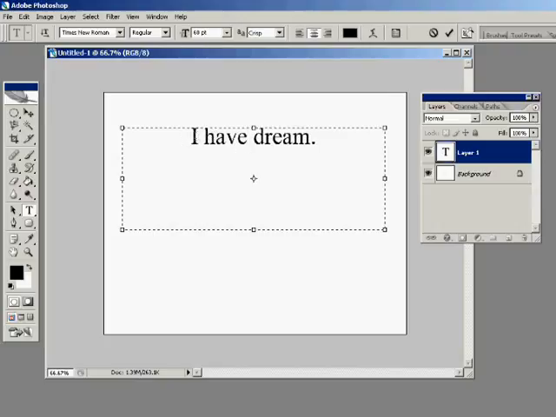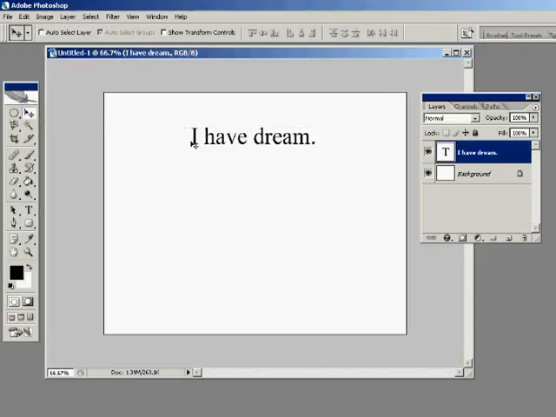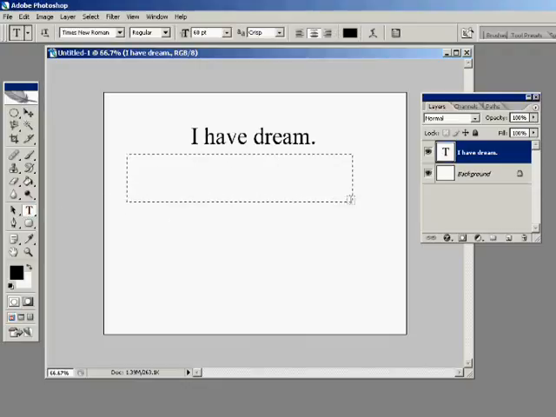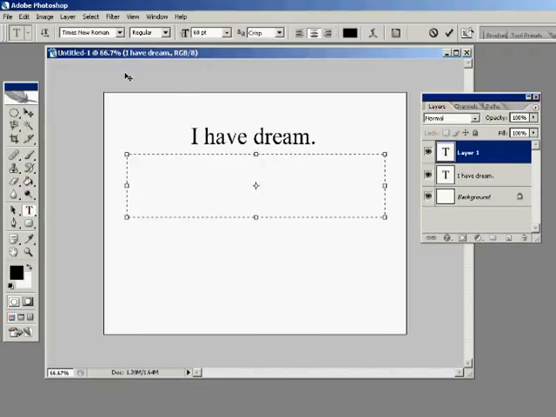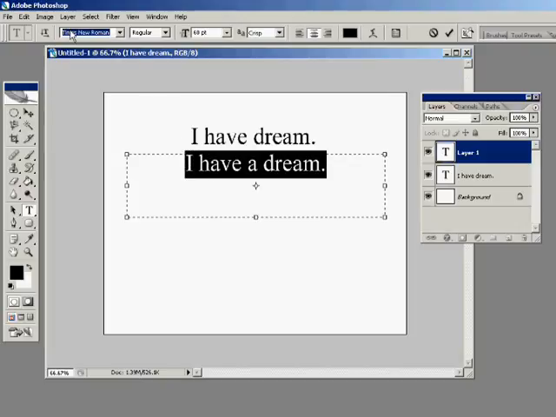Martin Luther King's famous quote. Here it is in one of those serif fonts, Times New Roman, and it just looks like it's something that you're going to read. Okay, now let's change it out to a bold font. I have a dream. Okay, so let's take this and bring it into a bold Impact font. In fact, the font that I'm going to use is one called Impact. It adds